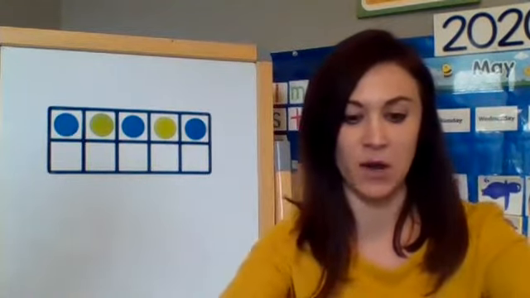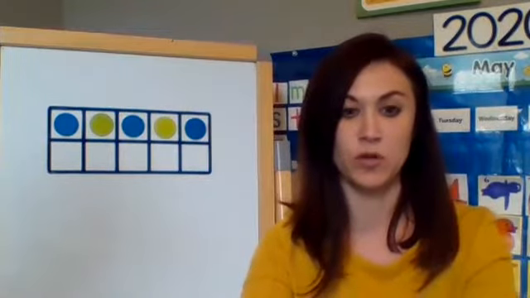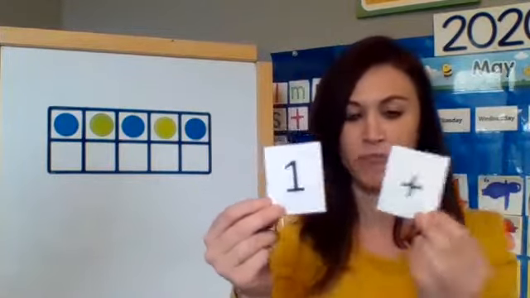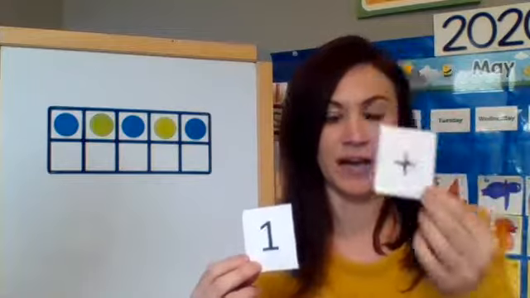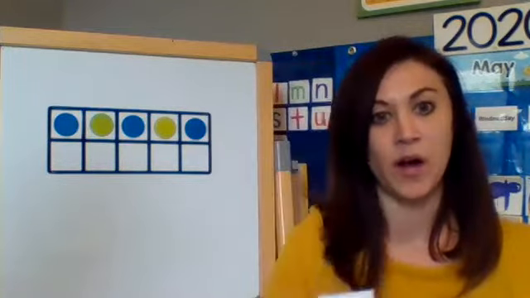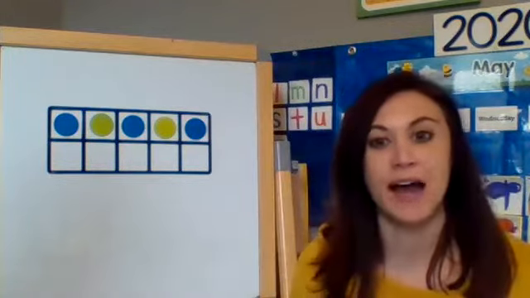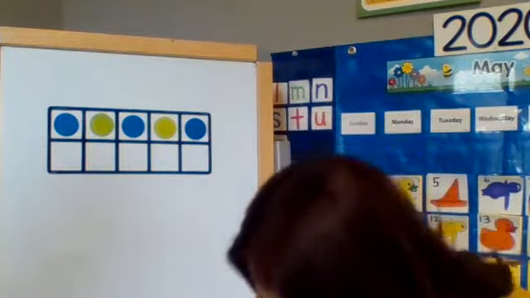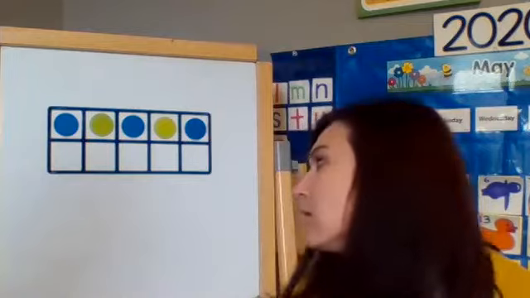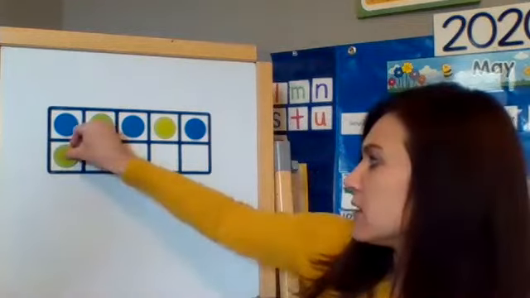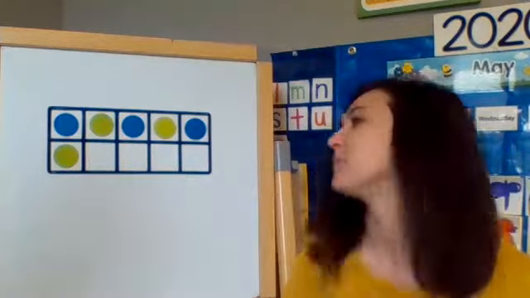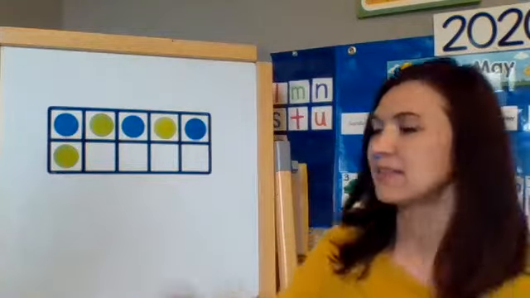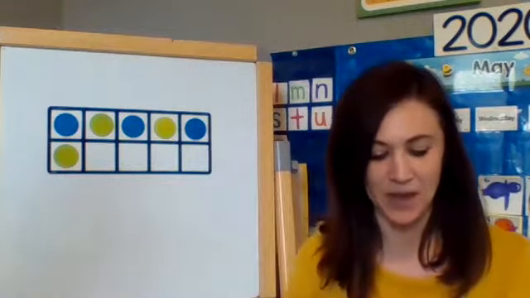So I'm going to start by picking up 1 card from each of the decks. So I got a plus, and I got the number 1. So what I want to do is I want to add 1 piece into my tens frame. So I am going to add 1 dot into my tens frame. And now I have 6 pieces in my tens frame. All right,